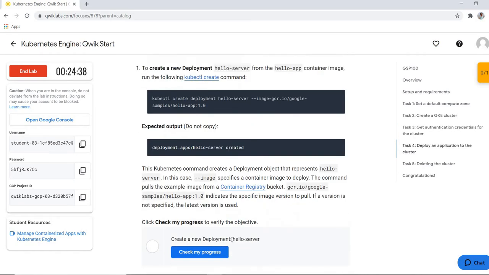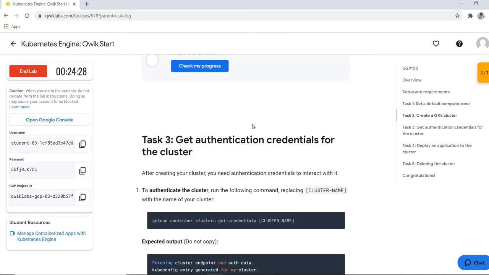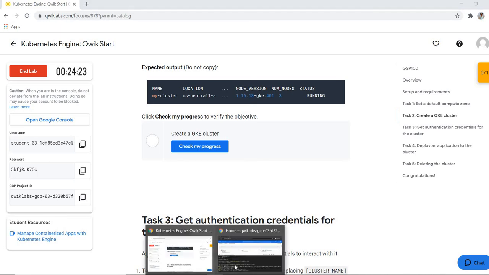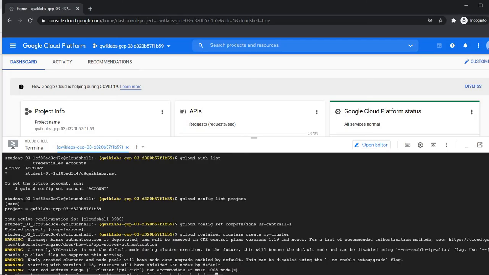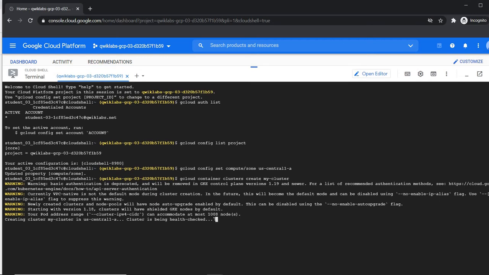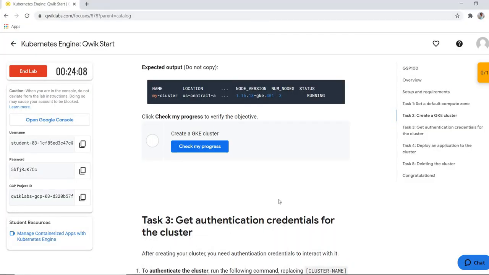This is the hello app application we are going to deploy in the cloud. It takes some time. This is a very interesting tool in the cloud.